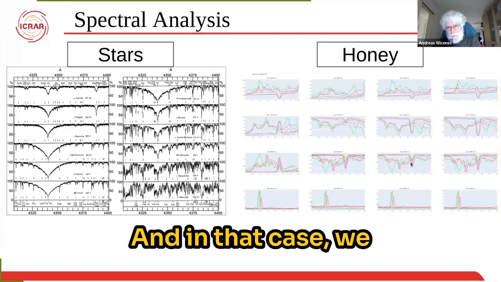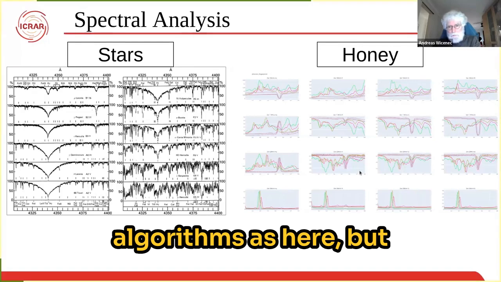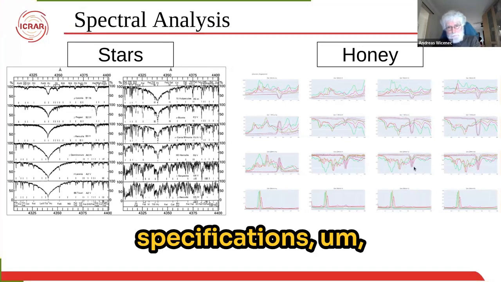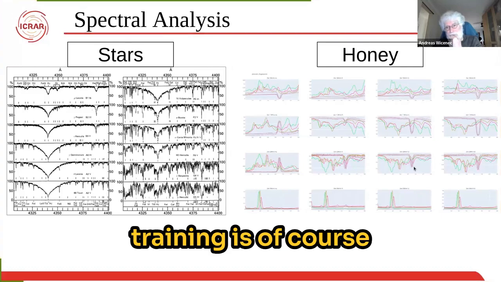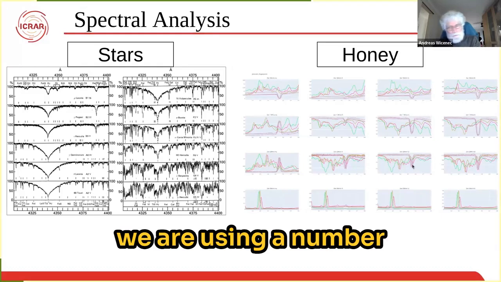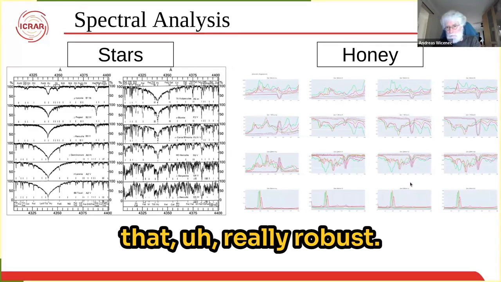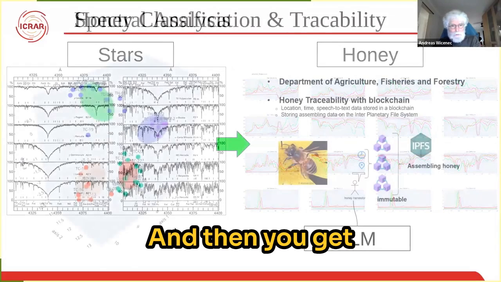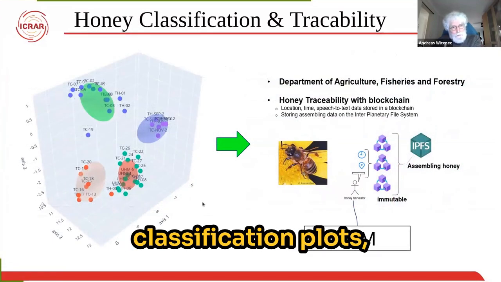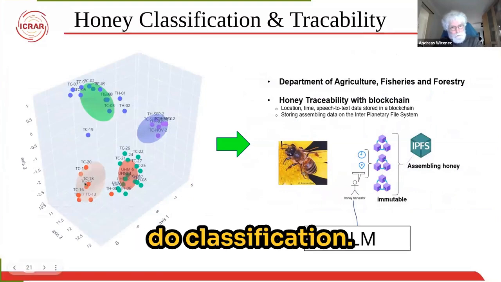and quite precisely actually. And in that case, we are using pretty much the same kind of algorithms as here, but of course we hardened that for the honey specifications specifically. And the training is, of course, done specifically for honey as well. And in that case, we are using a number of additional models to make that really robust. And then you get something like this plot on the left here, three-dimensional classification plots, scatter plots from those classifications, and then we do